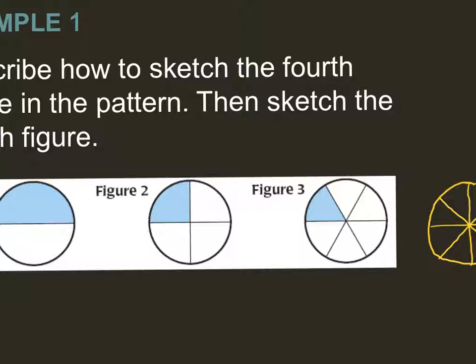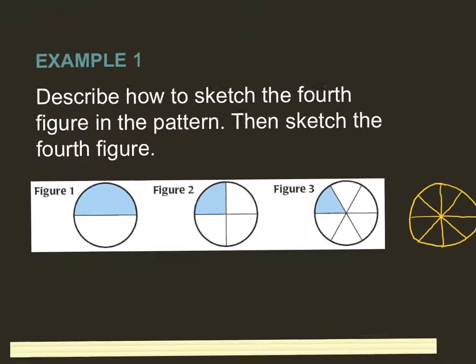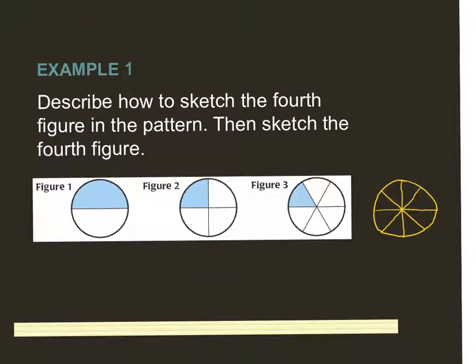Yes, ma'am. The one on the bottom. Why the one on the bottom? Because I would agree with you. Because from figure 2 to figure 3, it got the one on the bottom half, so you probably have to do the same thing for figure 4. So I like the way she explained it. I was actually going to explain it differently, but our explanations are the same. So she's saying here, you can't really tell. Here, you can't really tell. But from figure 2 to figure 3, they chose the bottom portion of that.